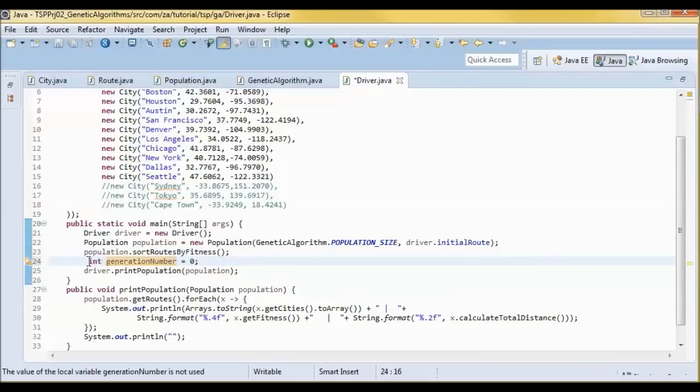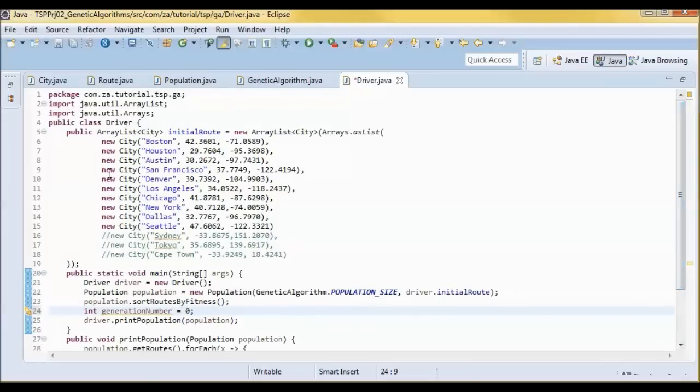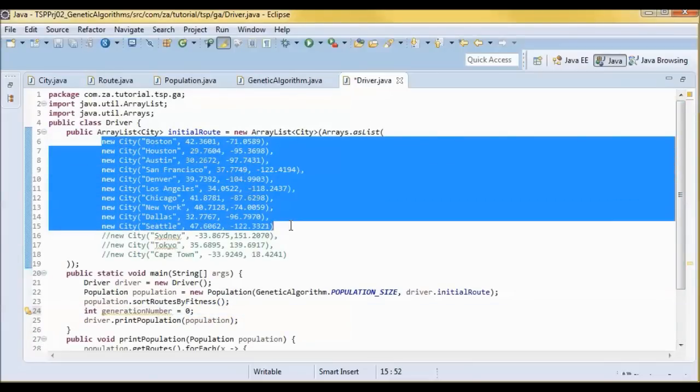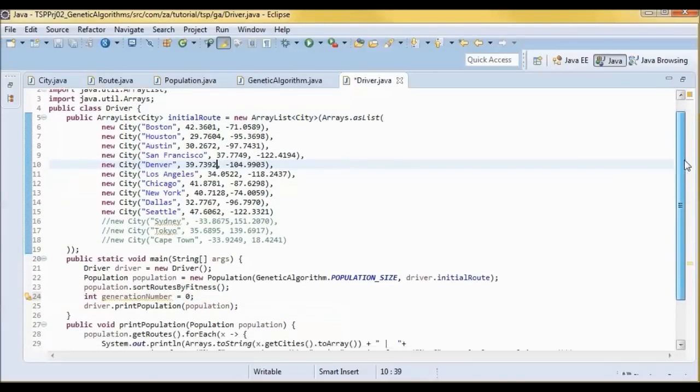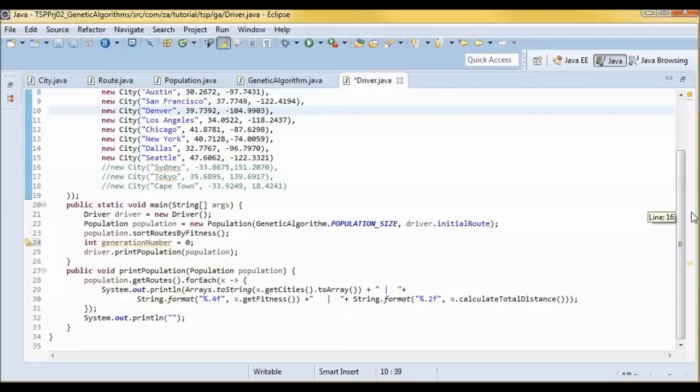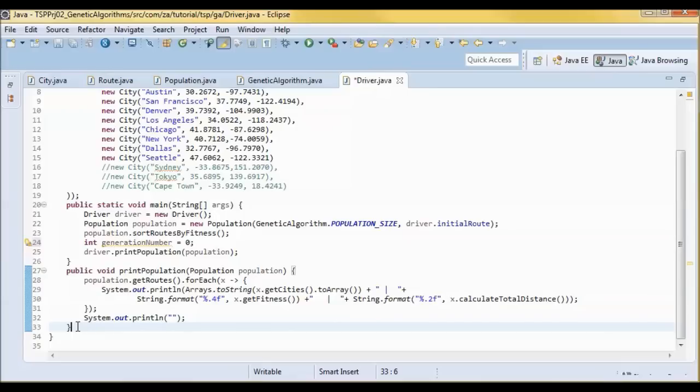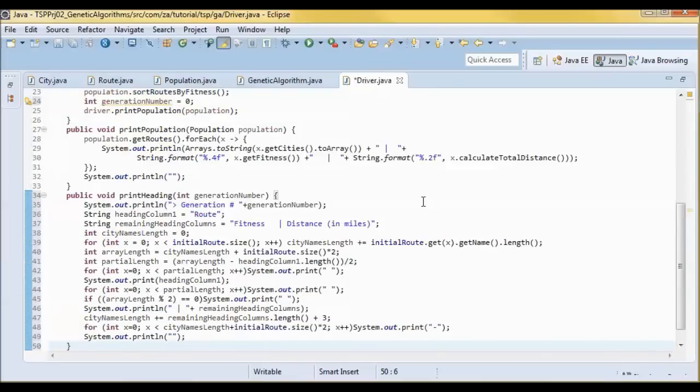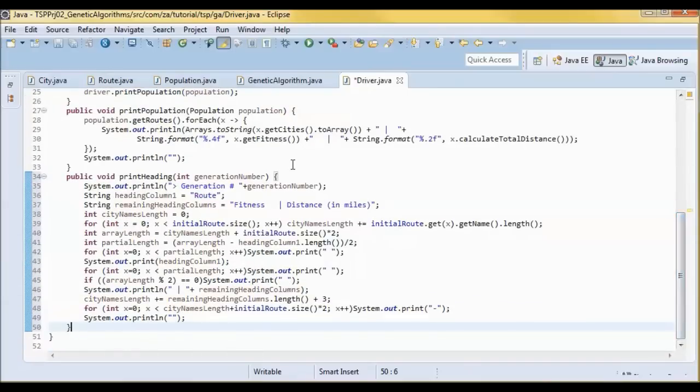So I'll have this int generation number, and we'll start from 0. And I have a varied number of cities here. So the array that contains those cities is going to be different. The size of that array will be different when we print it out. So what I need is to be able to print the heading given the variable size of that array.